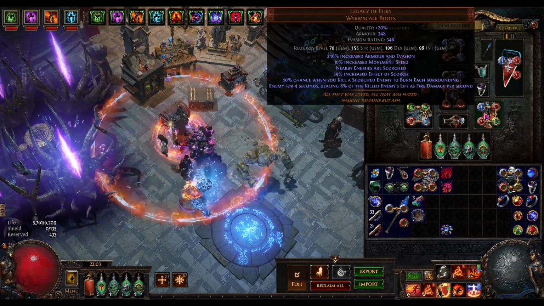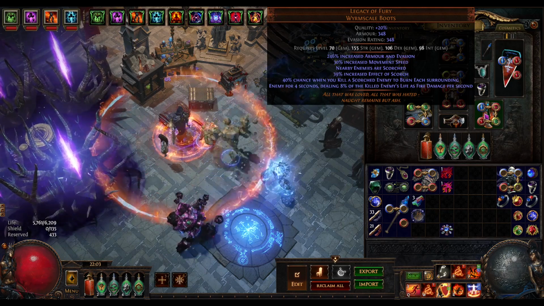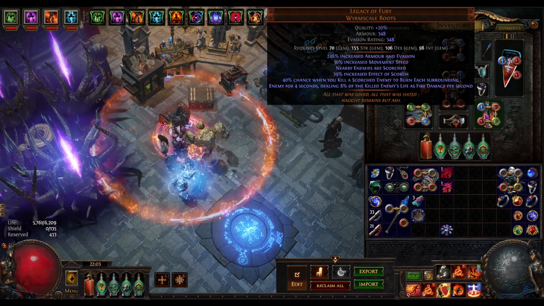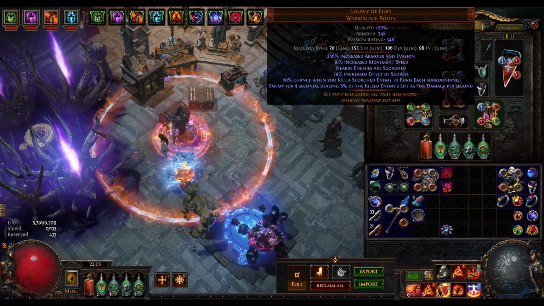We're using Legacy of Fury. Very important item if you want your clear speed to be a bit better. I think I got this on day 3 or 4 for between 13 and 15 chaos. So my clear speed went from like a 6 or a 7 to like an 8 or a 9 for